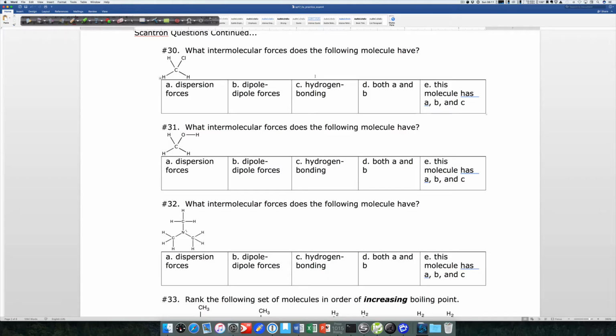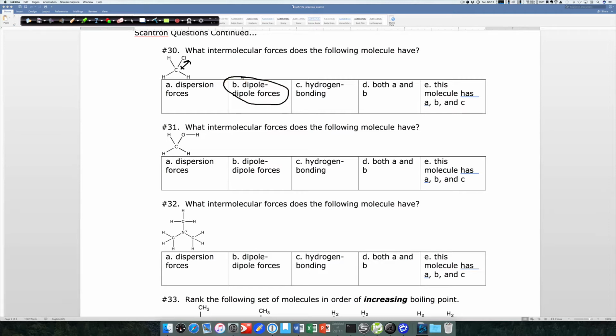Okay, we're on page 2 now of the practice exam. What intermolecular forces does the following molecule have? This one is pretty much the same molecule as the page before, in that it has a local dipole that points from the carbon to the chlorine. It's a local dipole, but that's also the overall dipole. And because of that, I'm already confident that